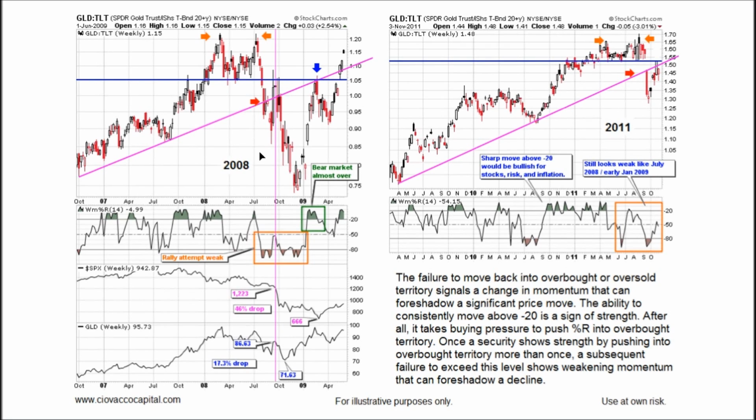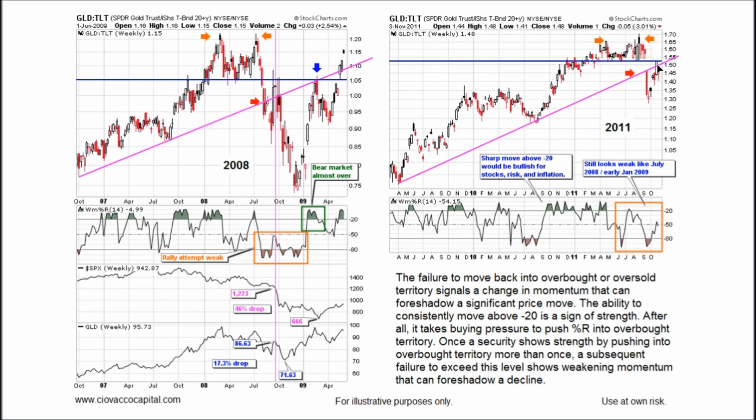Now, somewhat of the key takeaways are, in 2008, we tried to rally, we came down, and we tried to rally back to this base, and we failed. If you look here, we came down, we tried to rally back to this base, and the jury's still out on whether or not we're going to fail, but these candlesticks tell you that last week was a strong week up. If you look at this candlestick, look how much white is in there. I know it's hard to see, but this has got a big body, so this is a big bullish move for inflation here in late 2008.